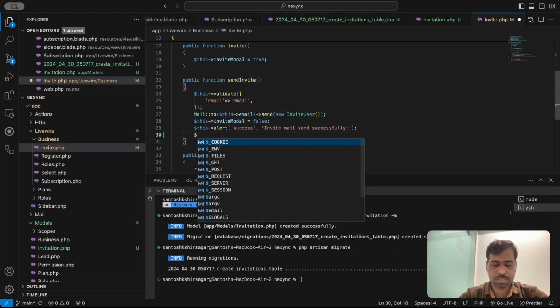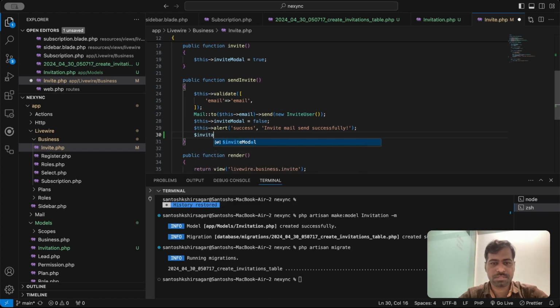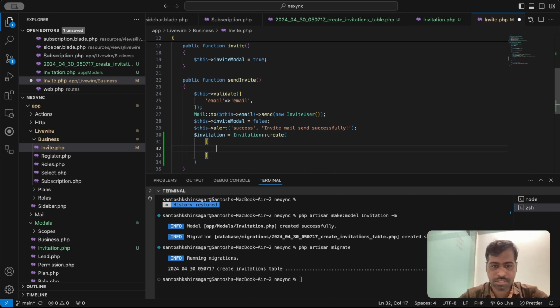So $invitation equal to Invitation::create. In create we'll add the data, so first the email,